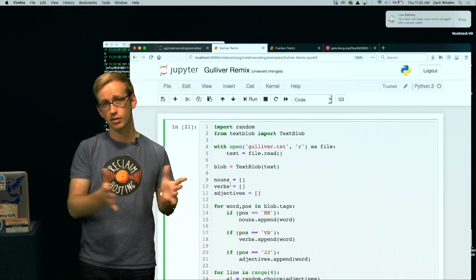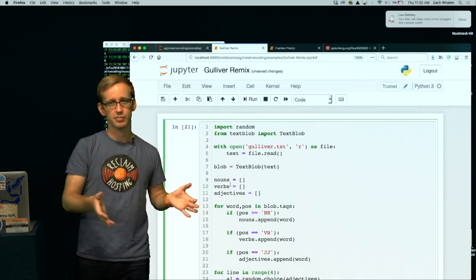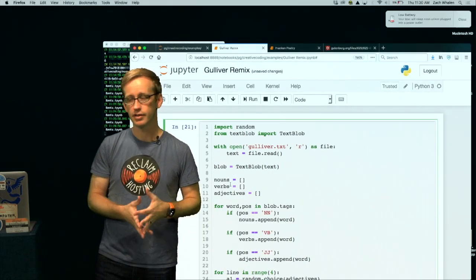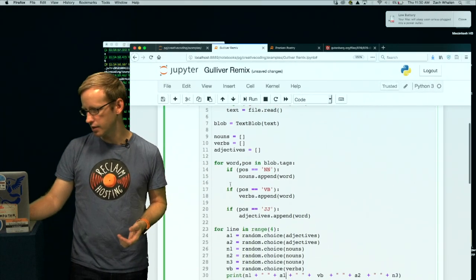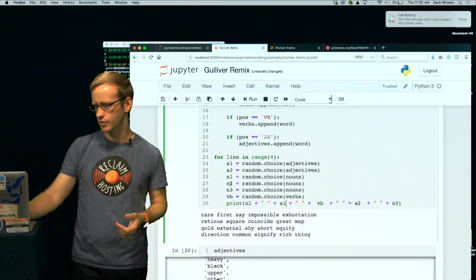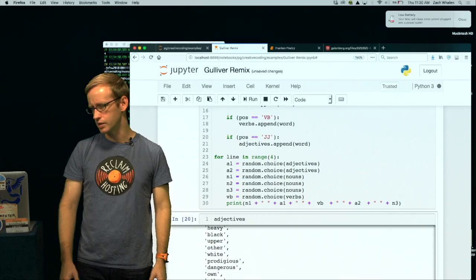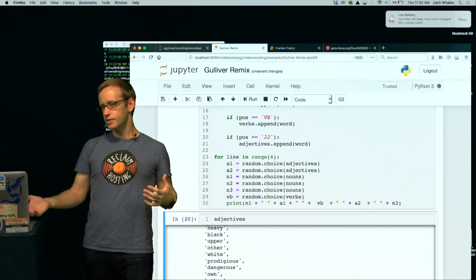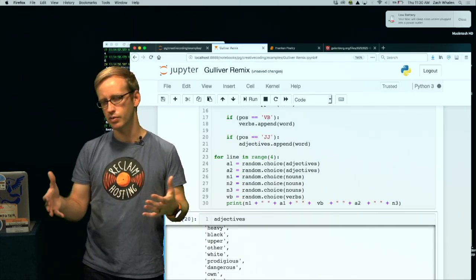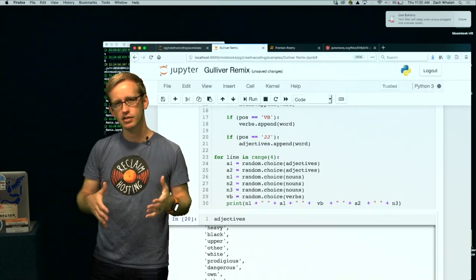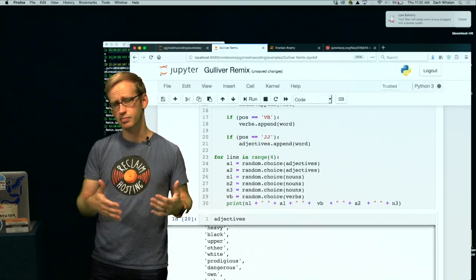So lots of different ways you could start with this as a template and then tweak it to make it do something that you like, which is really what matters, to make something that you think is good. As it is right now, I like my Frankenstein version better than Gulliver's Travels, frankly. Although I've only run this once, so maybe I should give it more of a chance. But you can kind of get a sense that Mary Shelley's writing is a bit more dramatic than Jonathan Swift's, which is very dry and academic, which is part of his